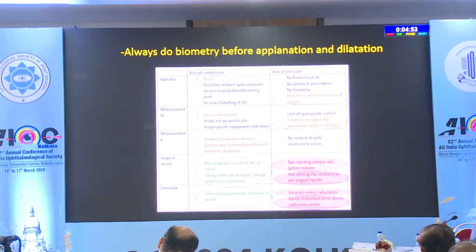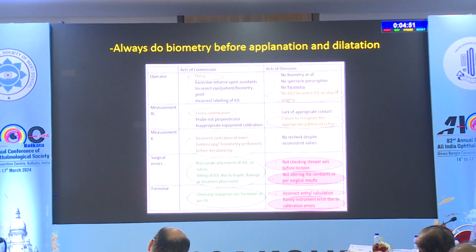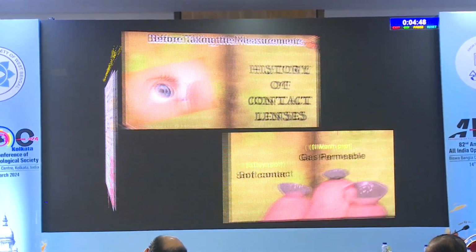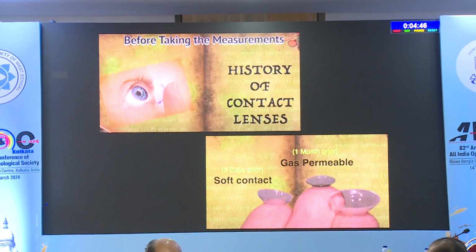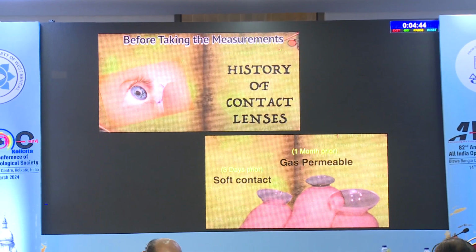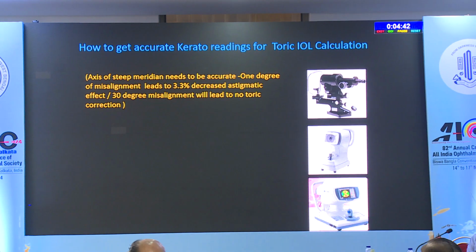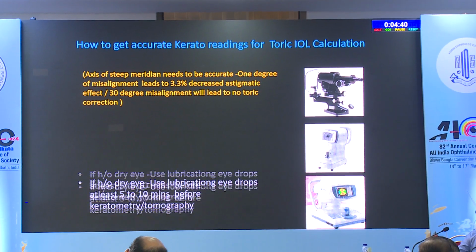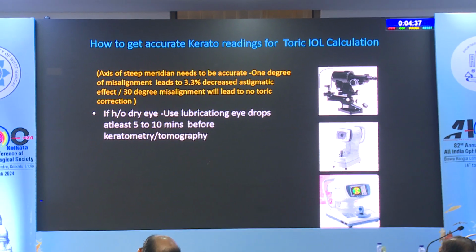Now, how to avoid errors. Always do biometry before applanation and dilatation. Young cataracts are happening more these days, so take a history of contact lens wear because this is also going to affect your reading. When it comes to keratometry, we know that the axis and the diopter is so important